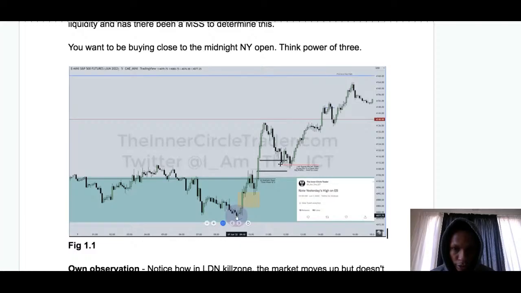But you see this failure to close past this low here. And then you see that price is making a bullish change in the state of delivery, all before 1 o'clock, and you've made this inversion fair value gap. That's how you know that there's likely going to be